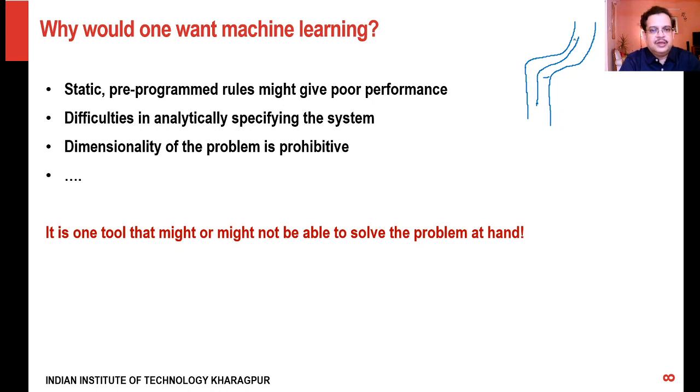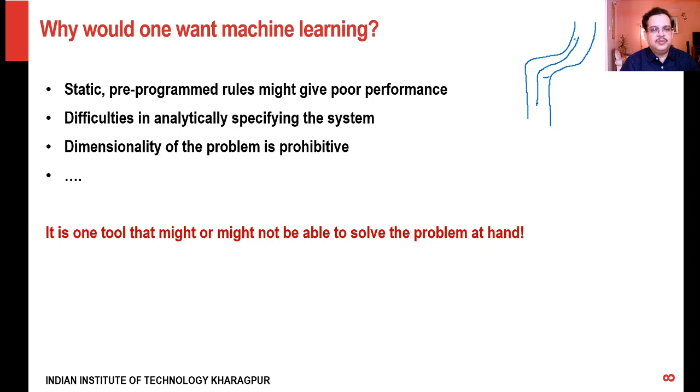The second problem is that for many complex systems, analytically specifying the system and analytically determining the control and the way that you want that system to function is very difficult. Whereas you can always explain it in terms of examples, and examples may be abundant because of legacy data which is available, or you may be able to simulate the system and create a lot of data, but mathematically analyzing a system itself may be much more difficult. So that is where again machine learning is used.